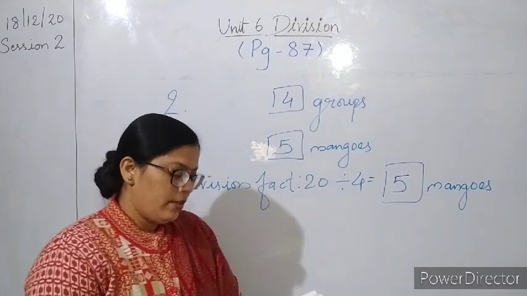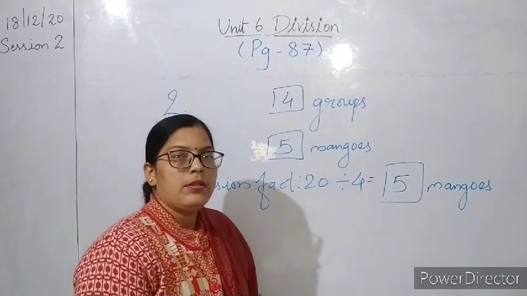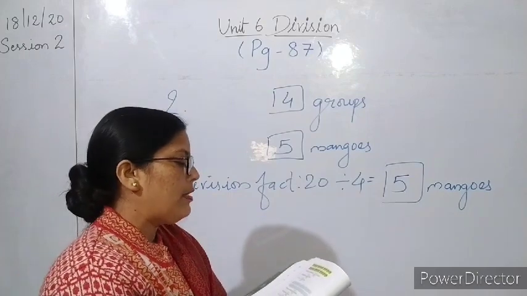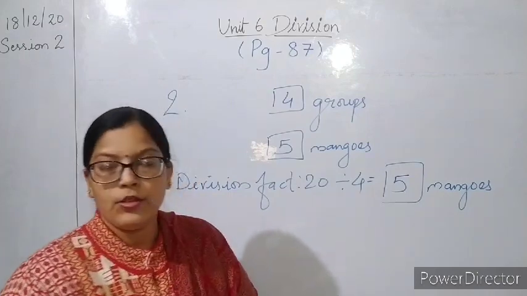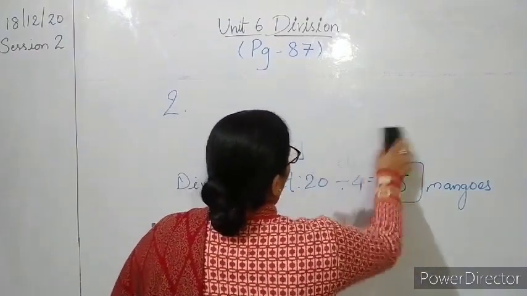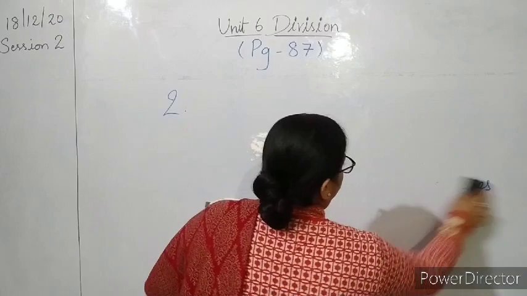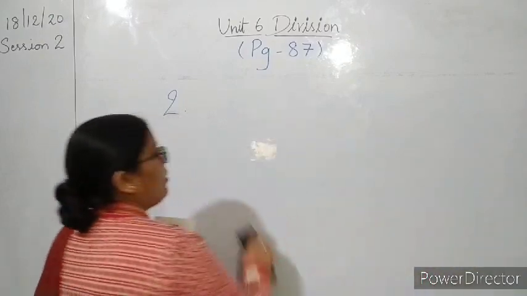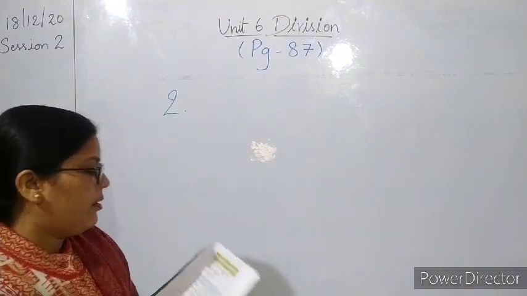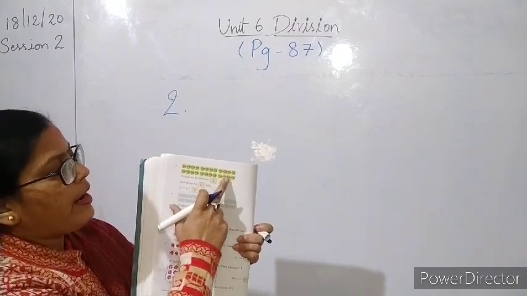Now please turn the page. Come to page number 88. Question number 3. Here the balls are divided into different groups. Okay. The picture of balls is given and these balls are divided into different groups. Now just see in your book and find out in how many groups these balls are divided. Okay. Now see here, these balls are divided into 1, 2, 3, 4, 5 and 6 groups.